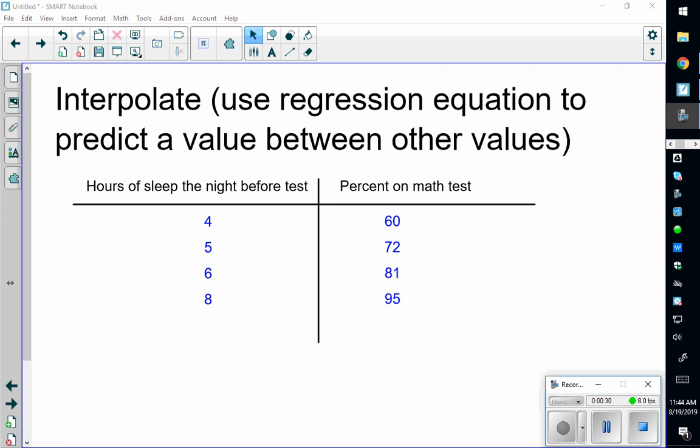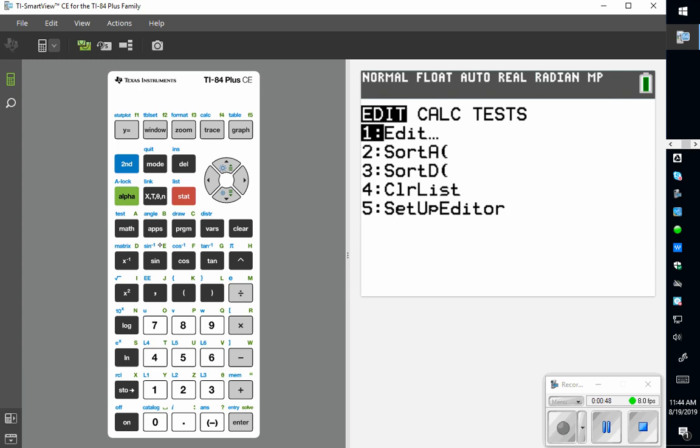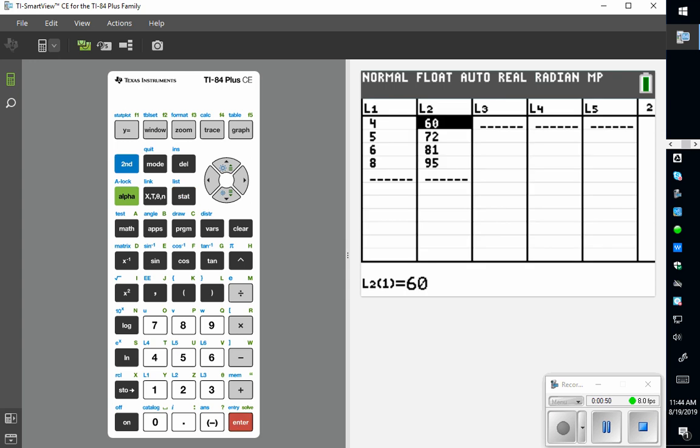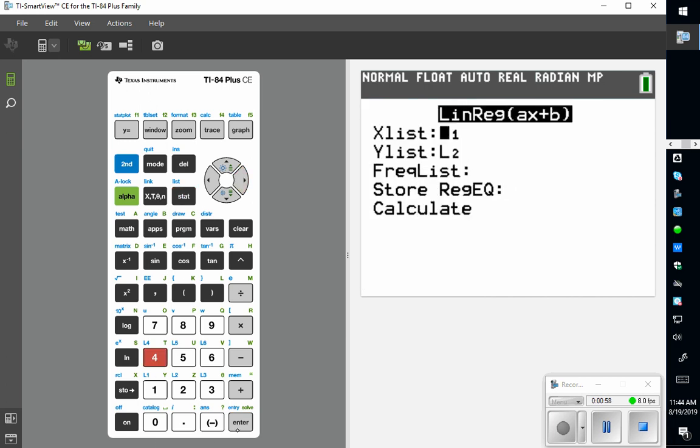7 is between two of our data numbers, 6 and 8, and so we're going to interpolate from the equation to figure out the percent on the math test for 7 hours of sleep. So here are the things we would have already done with the calculator. We would have already gone to Stat and Edit and typed the numbers into the lists. We would have already gone to Stat and Calculate, and number 4, linear regression, and found the regression equation,